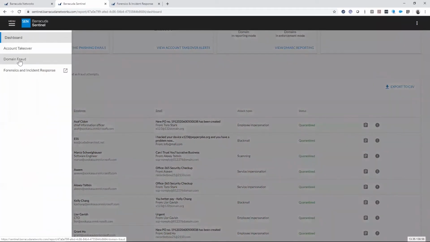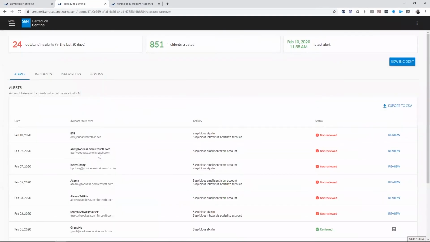As part of Sentinel, we also have account takeover protection. So if there's anything in terms of a suspicious sign-in or a suspicious inbox rule or a mail message that has been circulated throughout the organization, we're able to review those and remedy them within a number of steps. We can detect and then probe for that mail message, and then clean up that mail message inside that tenant, either delete it or send it to the junk mail,